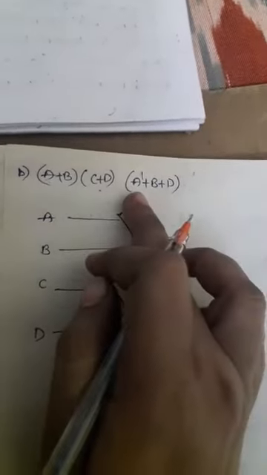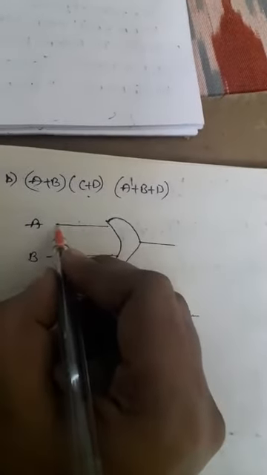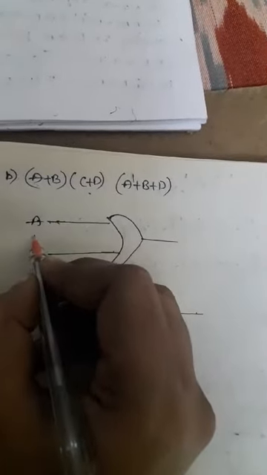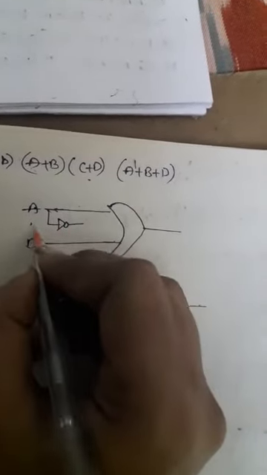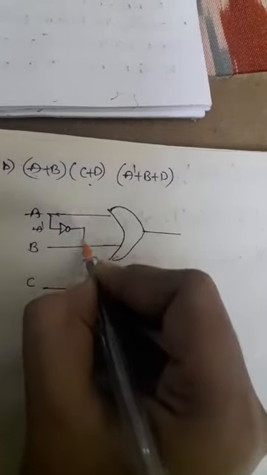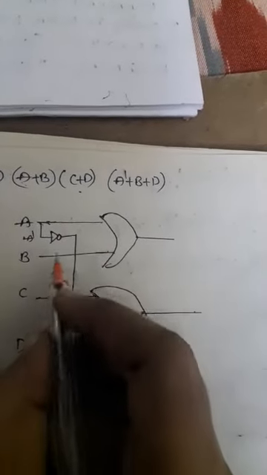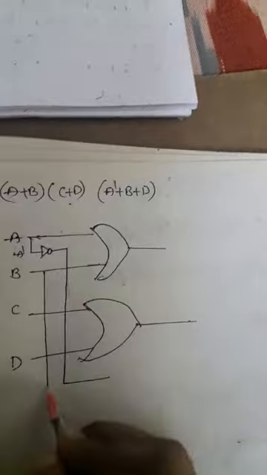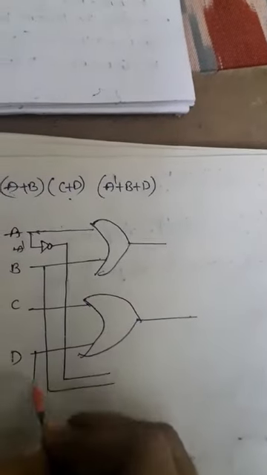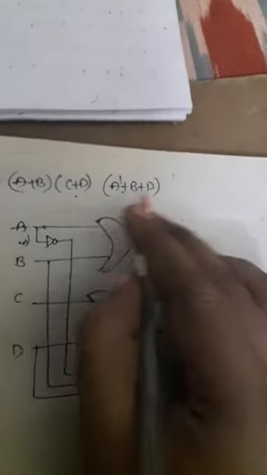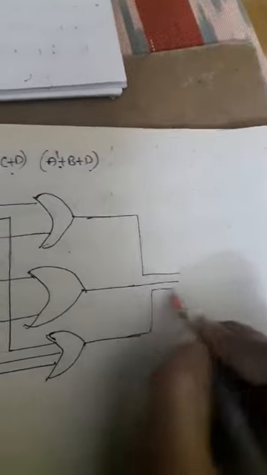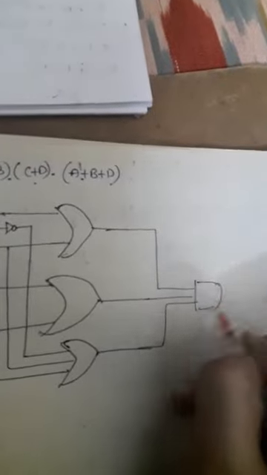Next, what is the next one? A complement. So you can take it here. A complement is nothing but, for this you have to apply the NOT gate. This is A complement. Okay, so I am taking A complement from here, and the next one is B, and the next one is D. In between these variables we'll have the OR operator. The plus operator is there now. So in between these three terms, which operator is there? This is nothing but dot, right? Dot is nothing but the AND operator.